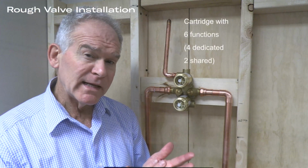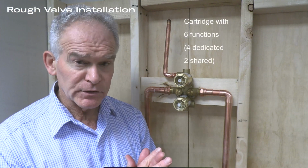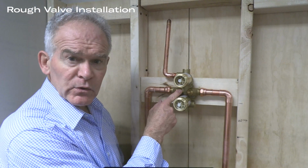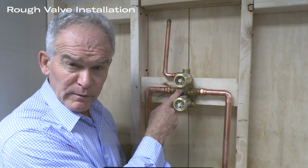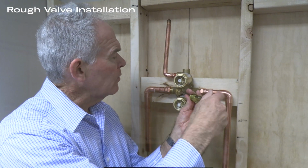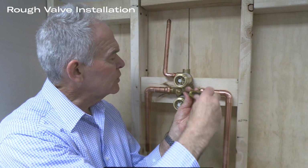The R46 has 4 outlets. There are 4 dedicated functions and 2 shared functions. The service stops are in the open position when you remove it from the box. To operate the stops, rotate the screw all the way in until it stops, and then you are in the